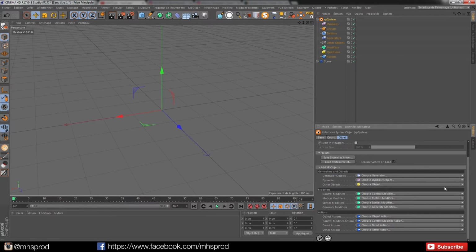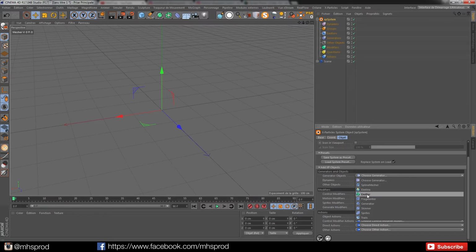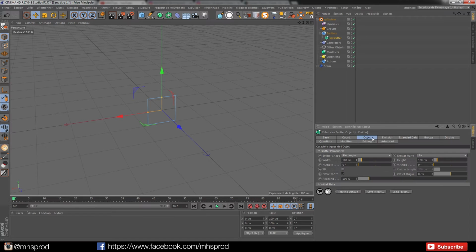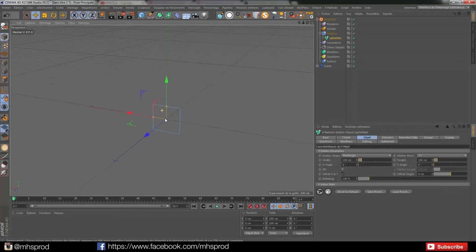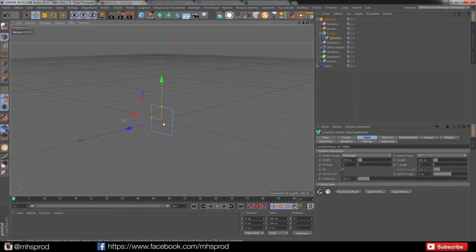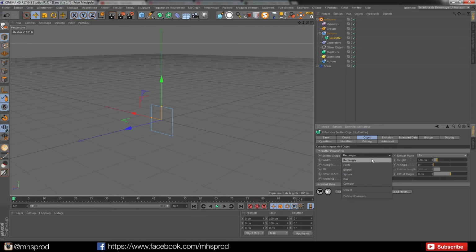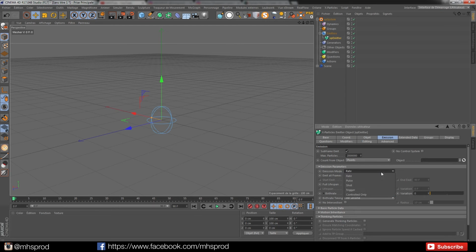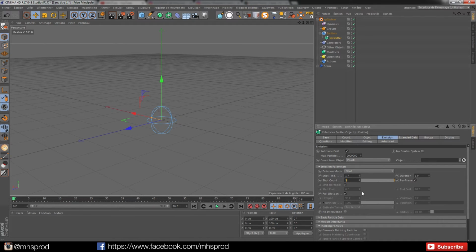So I will choose into the generator tab an emitter. I will not do complex stuff just because the focus is going to be on the technique and not on doing a complex scene. So I hope when you learn this, you will have a lot of experiment and cool results. So I will just take a simple shape on a sphere and go into my emission tab and choose a shot with, for example,